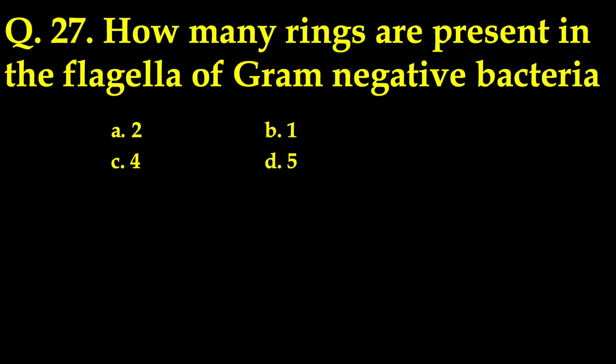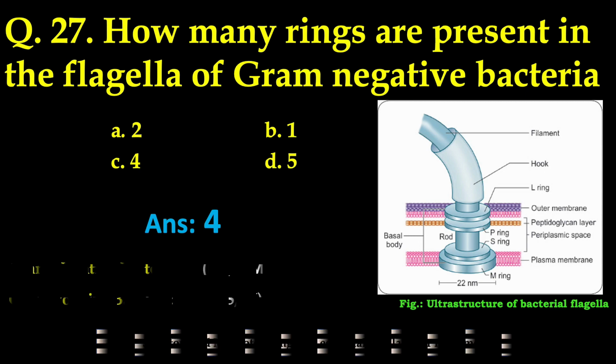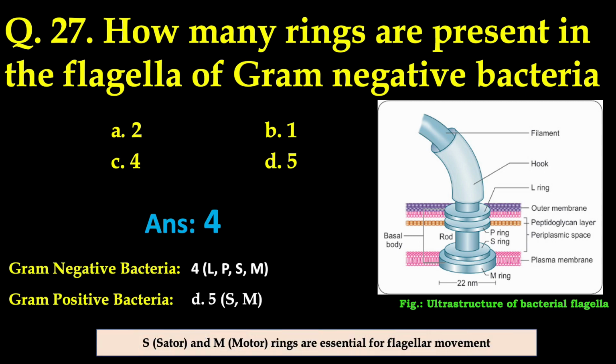Another interesting question is on how many rings are present in the flagella of gram-negative bacteria. There were 4 options. Option A: 2, followed by 1, 4 and 5. The correct answer is 4. If you see the picture of the ultrastructure of bacterial flagella, it will be more clear that a flagellum contains different parts like filament, hook and different types of rings, and out of the different rings, gram-negative bacteria have L,